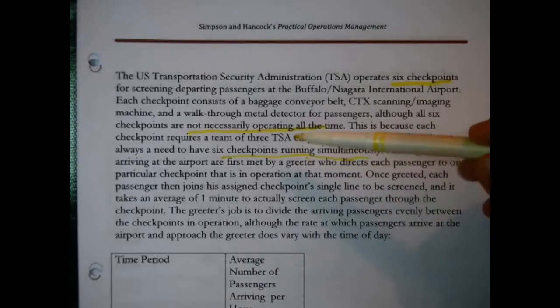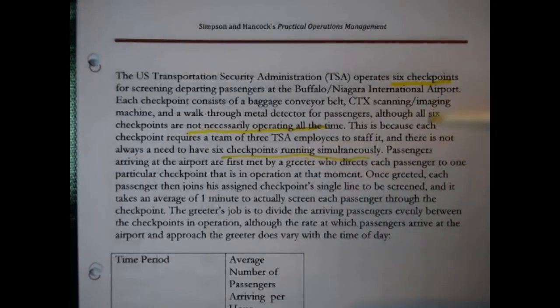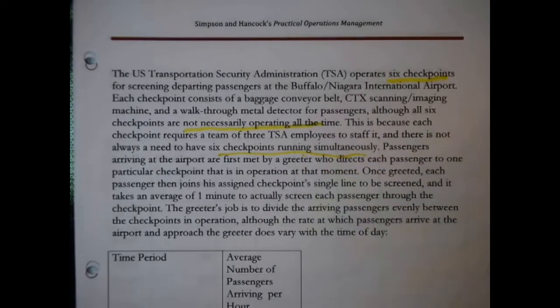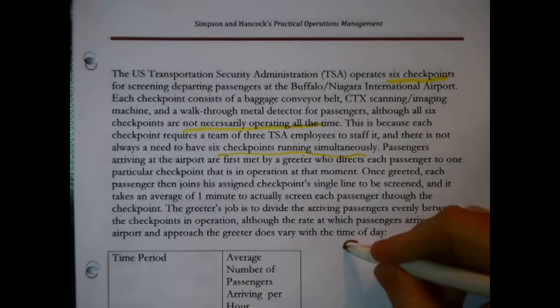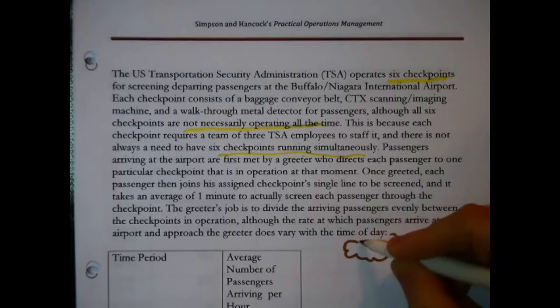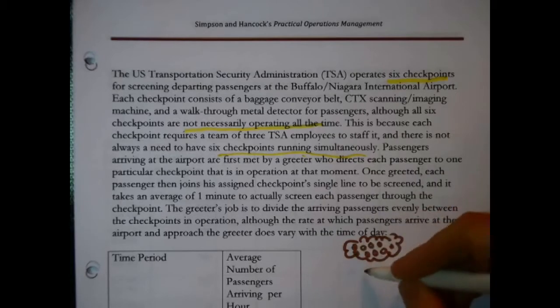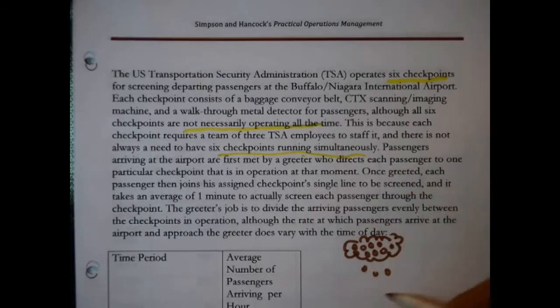Passengers arriving at the airport are first met by a greeter who directs each passenger to one particular checkpoint that is in operation at that moment. Now, before we go any further, I just want to do a little sketch so far. So we're saying that there's this mysterious source of customer arrivals. It's people arriving at the airport, like little circles are meant to be the people, and they start showing up. There is somebody called a greeter who meets them as they're coming in the door and directs them to one